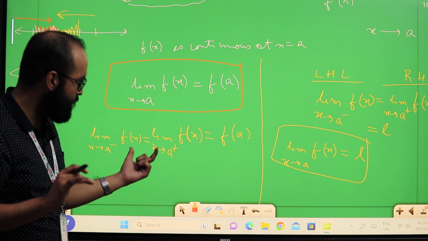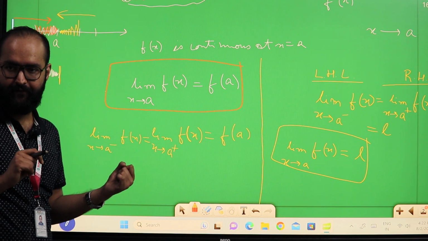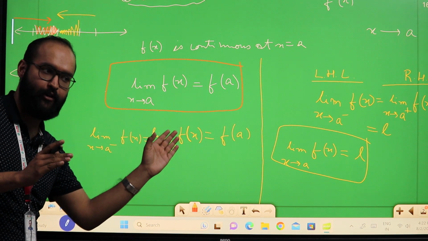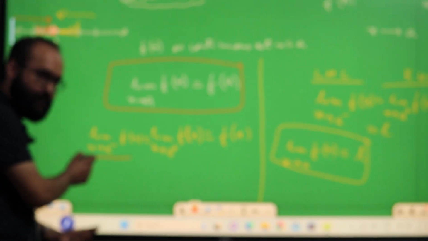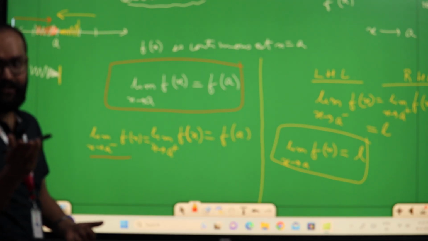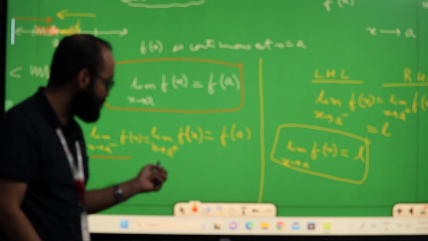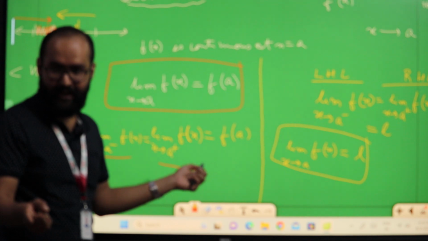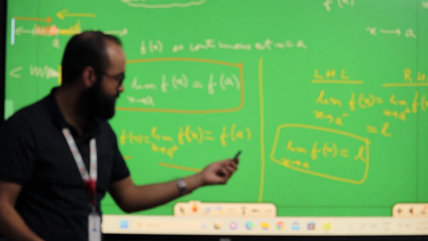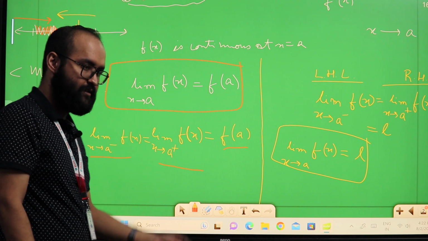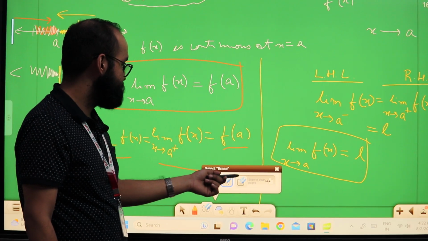And the second one we will use if your function is defined in one manner when x is on the left side of a. For that you have to find the left hand limit. And the function is defined in another manner when x is on the right side of a. For that you have to find the right hand limit, and the function has a third definition when x equals a. Isn't it? Let us see, for example,